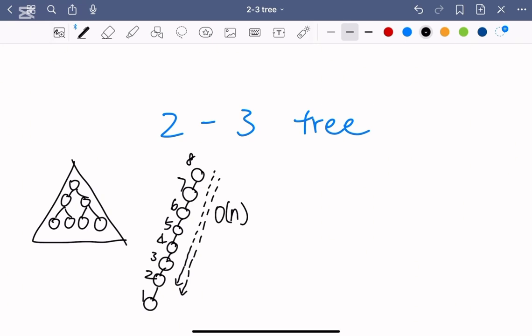If we were to insert 1, it goes only this deep to this place, and we insert 1, causing only log n time, which is a huge improvement. So this is why a balanced tree is important. For either search, insertion, or deletion, we're going to have a better time compared to a